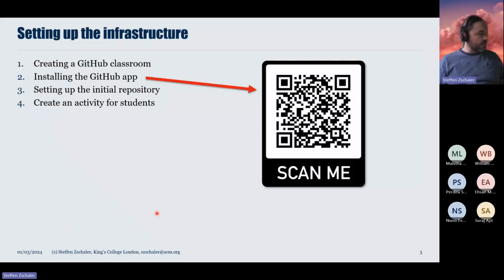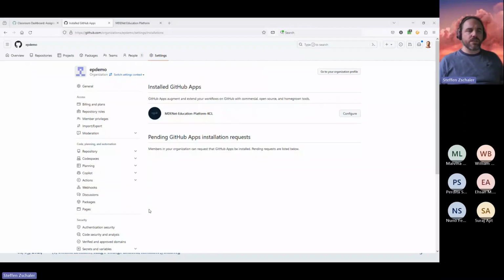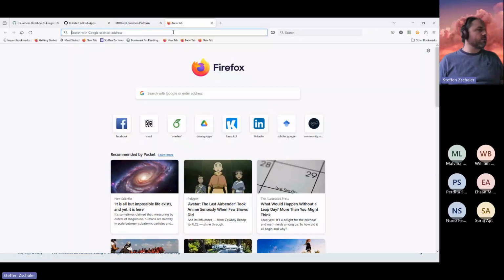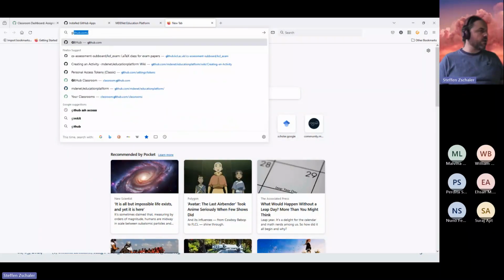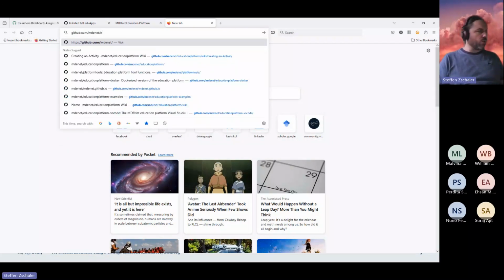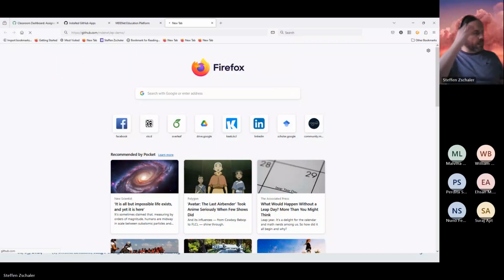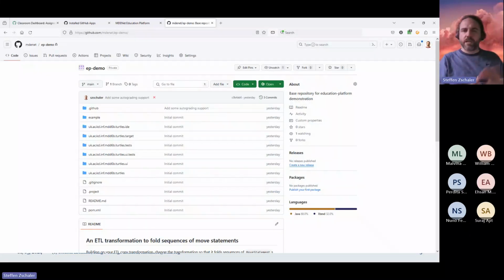And I'm going to cheat a little bit with this, because what I'm going to do is use one that I made earlier. I've got a repository here that contains code that's needed for this activity, right? So you can see it contains some